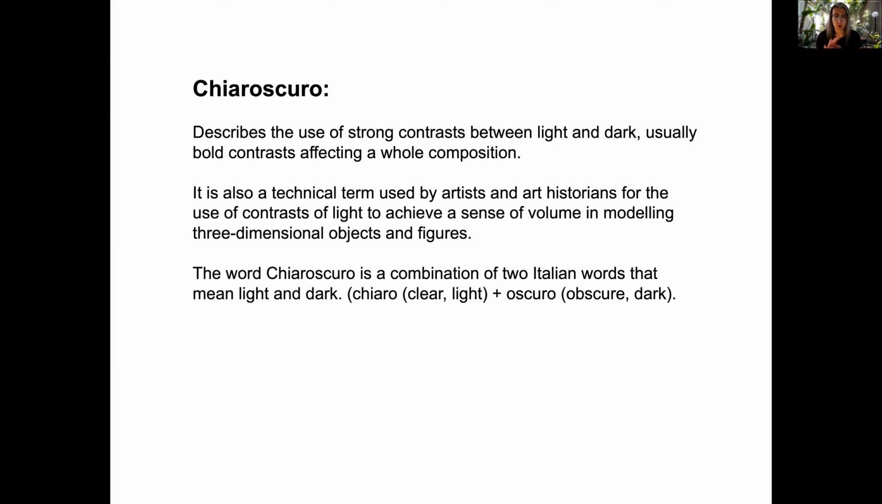So this is a historical term, as well as a way that we describe volume, modeling, and creating a three-dimensional form, creating three-dimensional looking objects. And that word chiaroscuro comes from an Italian word. It's really a combination of two Italian words that are chiaro, or clear and light, and oscuro, which means obscure